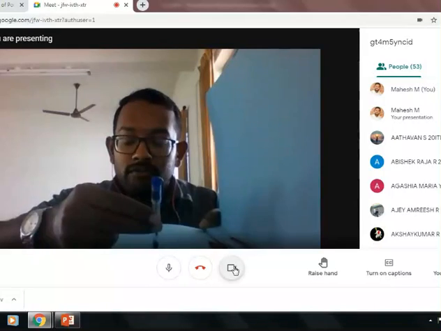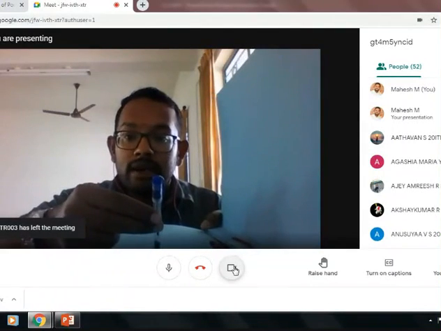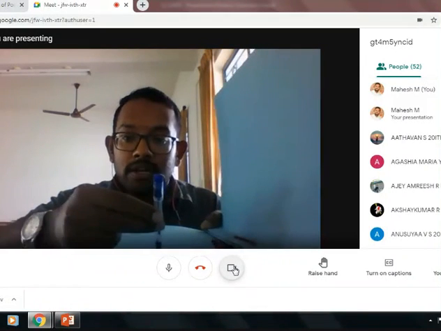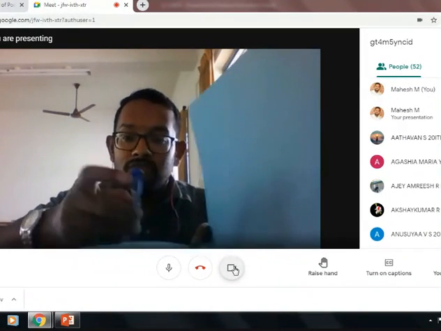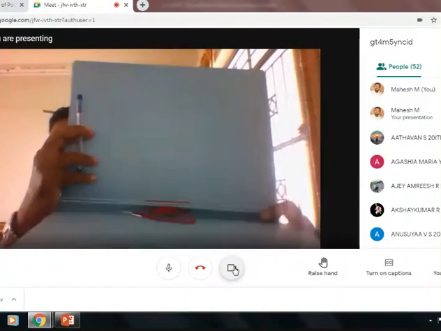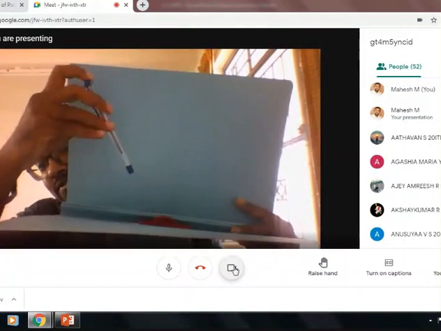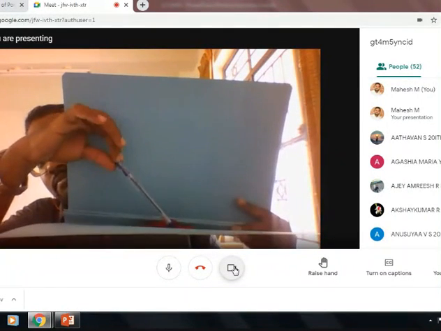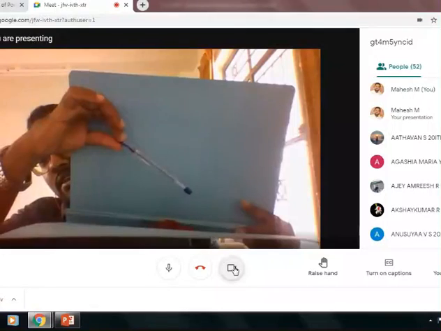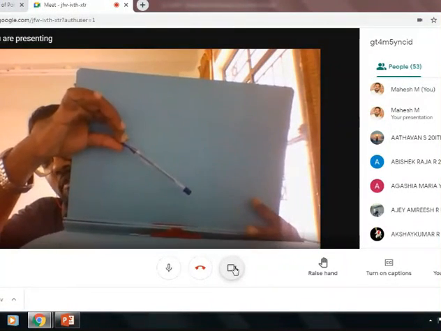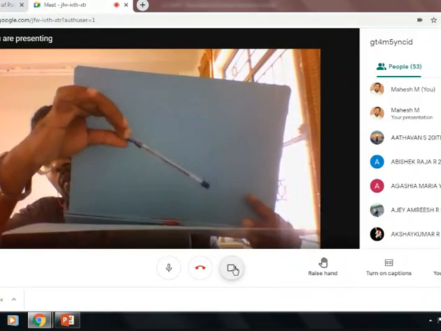But while looking from your direction, it will look like a vertical line. It will look like a vertical line. But if you are seeing from the front direction, okay, this is our front direction. By looking from this front direction, this is the correct position. Okay. So looking from the front direction, it is inclined to HP and also it is parallel to VP.